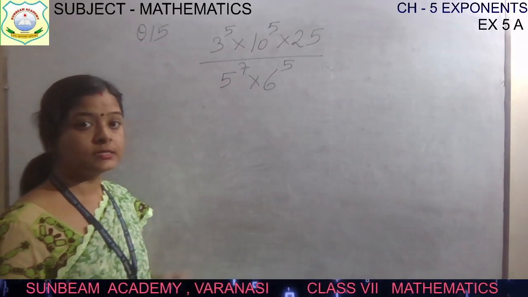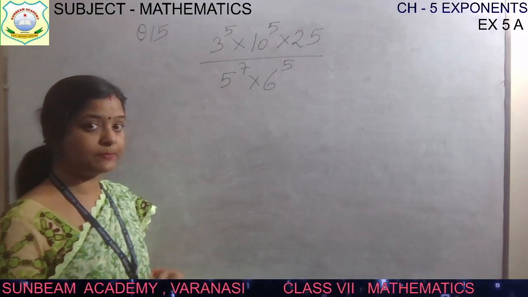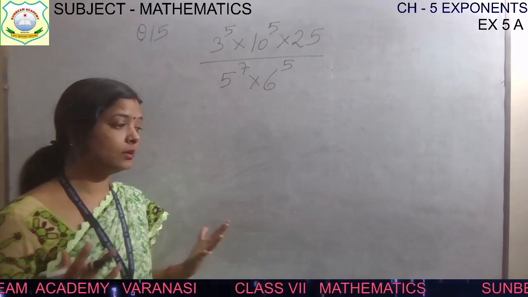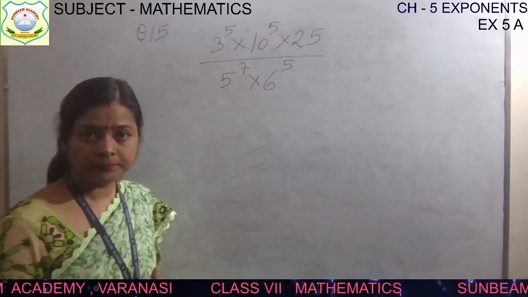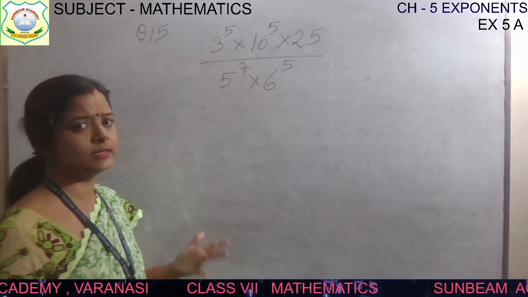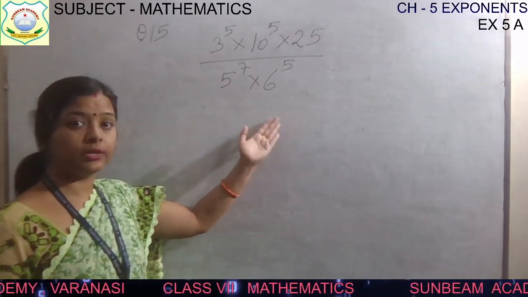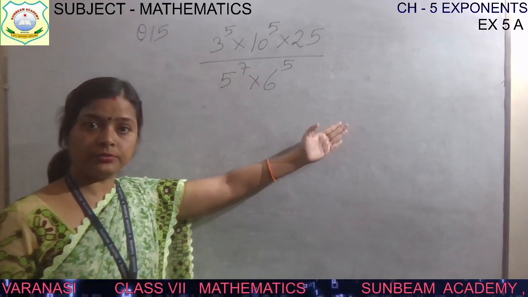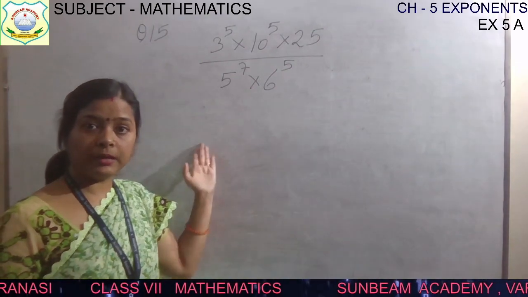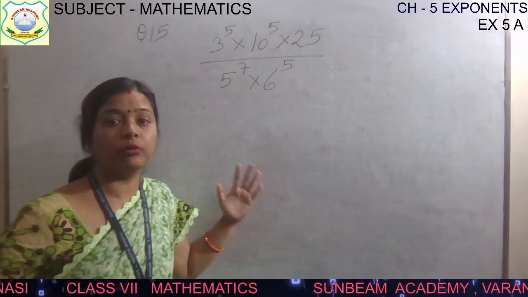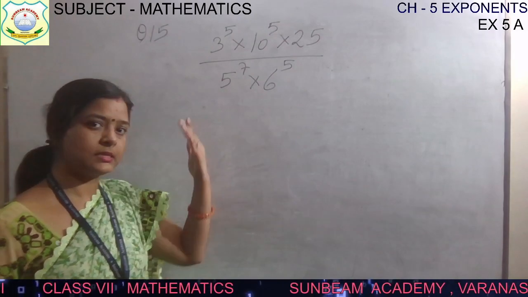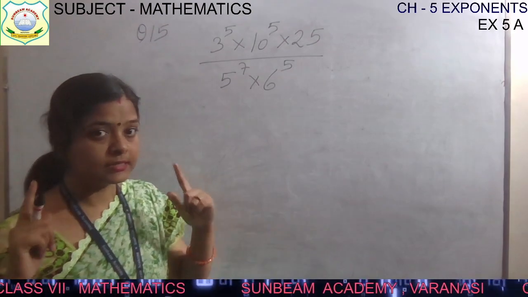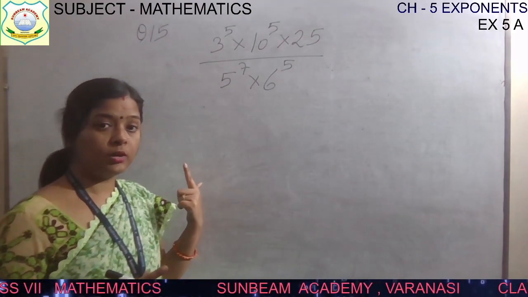See the question. Sometimes the students may use the expanded method. That will be lengthy also, and if you have learned the laws, what is the use of it? कभी कभी बच्चे क्या करते हैं, इसको एक्सपेंड कर देते हैं, 3 to the power 5 को लिखते हैं 3 into 3 into 3 into 3 into 3 5 बार, फिर 10 to the power 5 को भी वैसे लिखेंगे 10 into 10 into 10 into 10 into 10, फिर 25, देन डिवाइडेड बाय 5 को 7 टाइम्स लिखेंगे बेटा, एक्सपेंडेड फॉर्म में, and they calculate it as it simplifies. No, we will use our brain. We are in class 7th, not in the smaller classes, है ना.